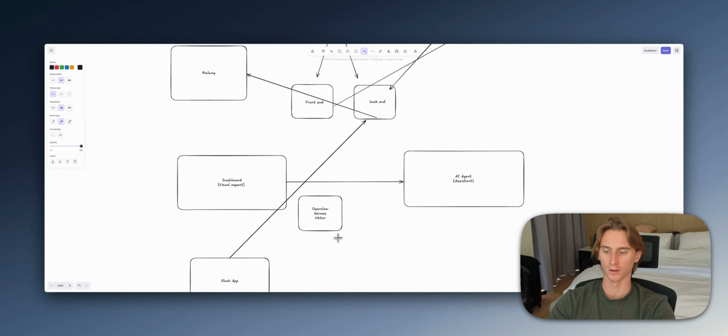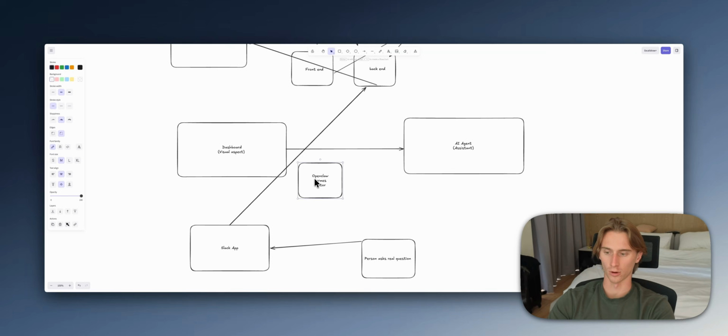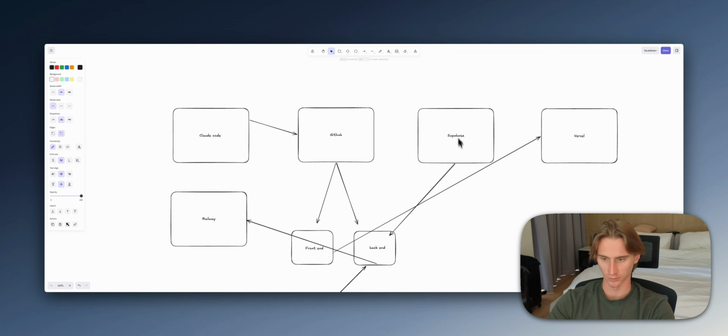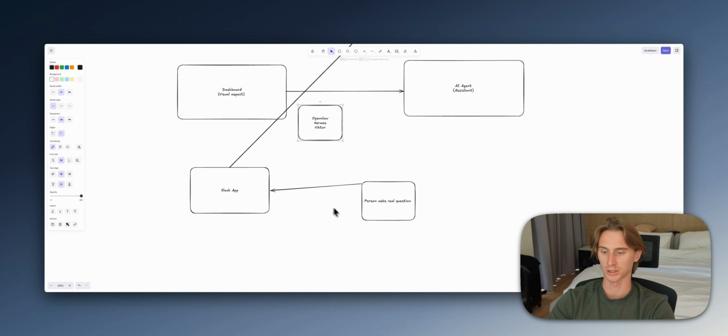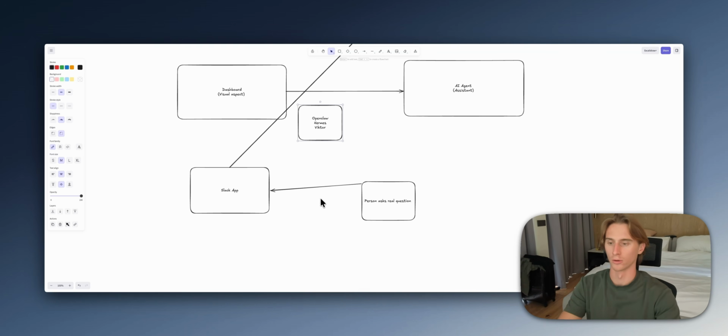So whenever someone would ask it a question, let's say a person asks a real question, they will be speaking with the Slack app, which is connected to the OpenClaw agent, which is connected to the backend, which is connected to the Supabase. And essentially, let's say I ask it, review the data in the last 7 days. Well, this whole